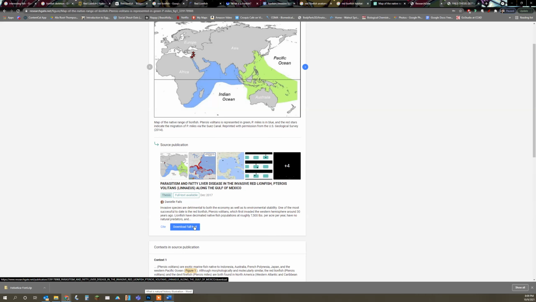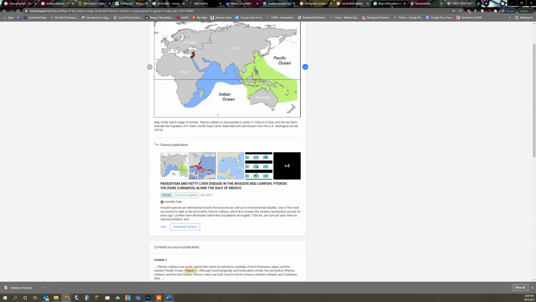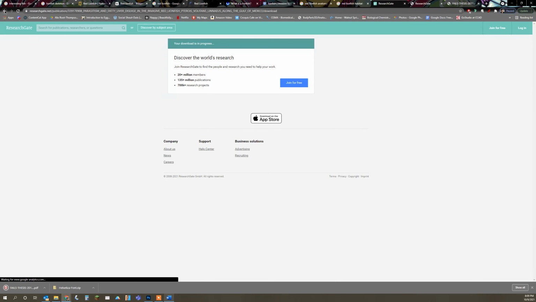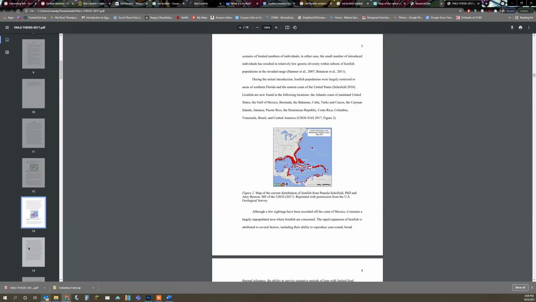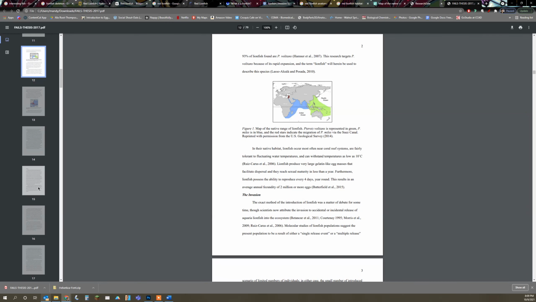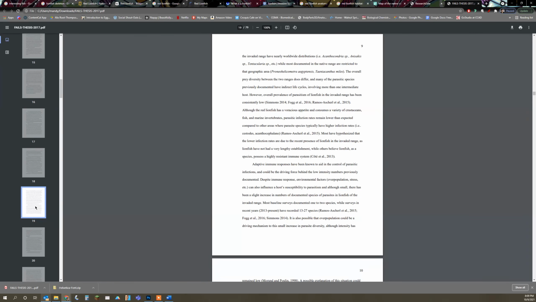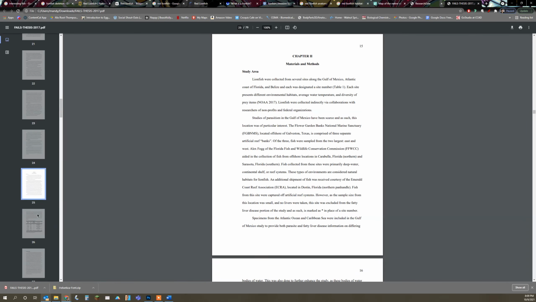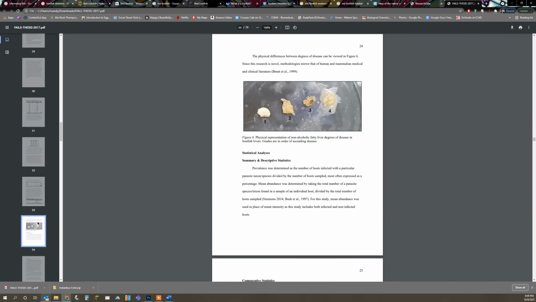and I clicked on this link to download the full text, and it got me here to ResearchGate. Sometimes when you get onto ResearchGate, you'll run into a bit of a roadblock. In this case, it happened to download the paper for me. So here I was able to get into the paper, and I skimmed some of it. I'm probably going to give it a read through, just to read all the research materials,